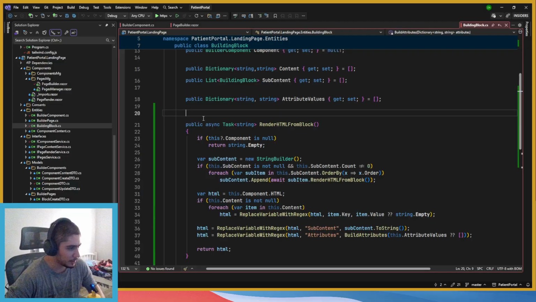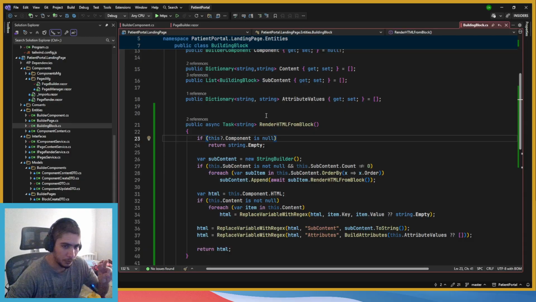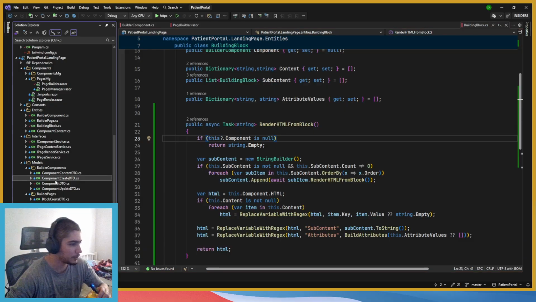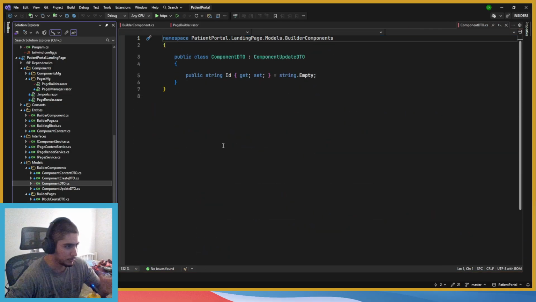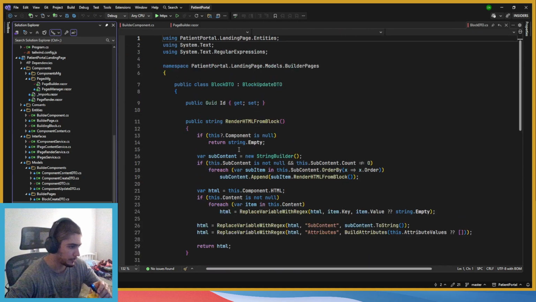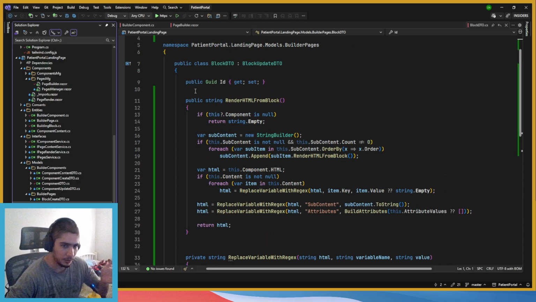I wanted to make it an extension so that it can be used by both the entity and the DTO, but sadly we can only use it by the entity. The DTO has its own, so it's not a real big problem.